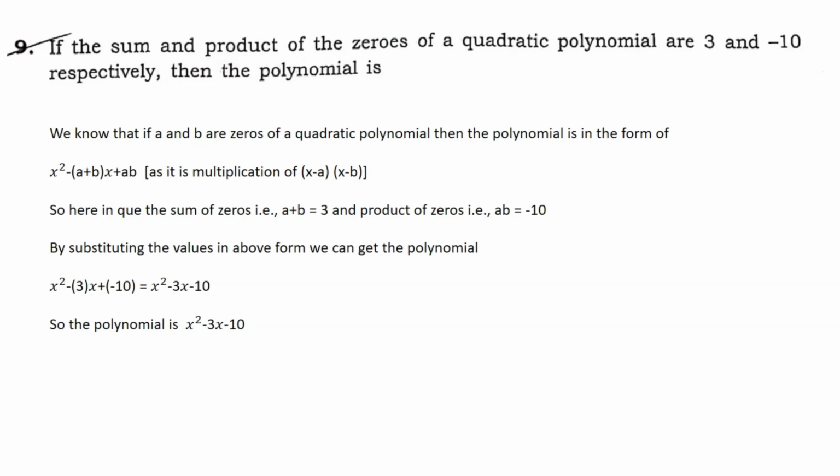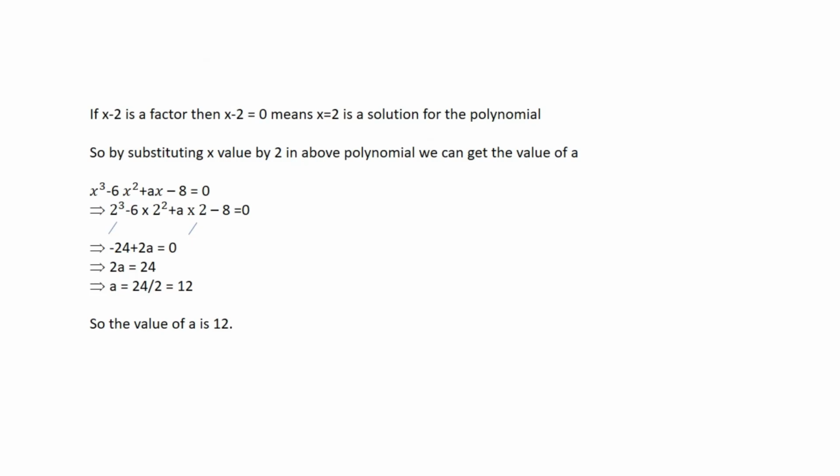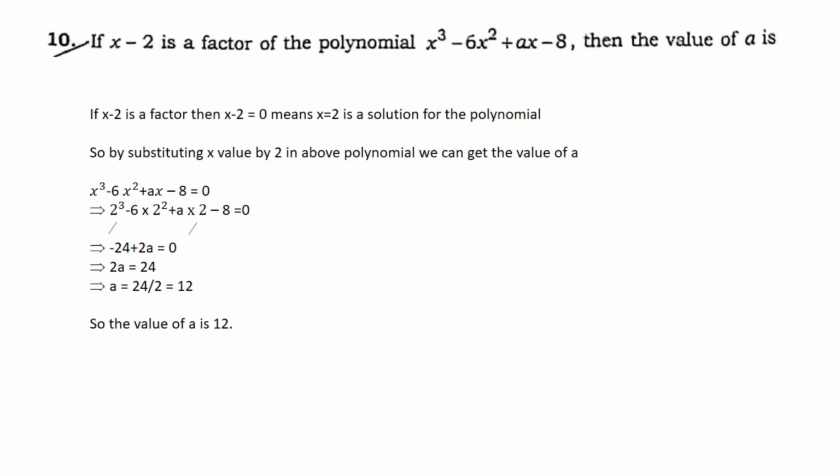You get it as you can multiply (x minus a) into (x minus b). So here in this question, the sum of zeros a plus b equal to 3 and product of zeros ab equal to minus 10. By substituting the values, you can get the polynomial as x square minus 3x minus 10, right? Next question,